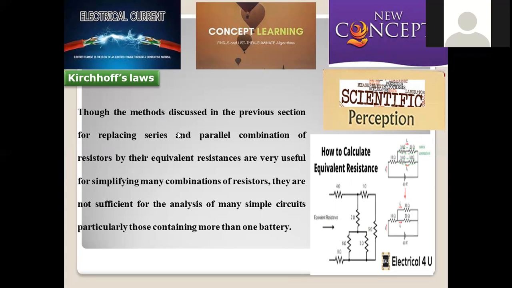By using such an arrangement, the efficiency will vary with respect to the strength of the current and the potential difference. By using this, we can arrange all these conducting materials in a circuit to frame various resistor devices. They are not sufficient for the analysis of many simple circuits, and more than one battery can be used too. So in order to explain such complicated and extensive applications of electrical circuits, Kirchhoff laws were presented.